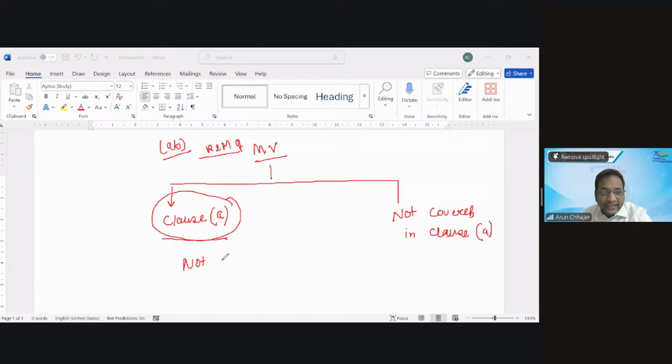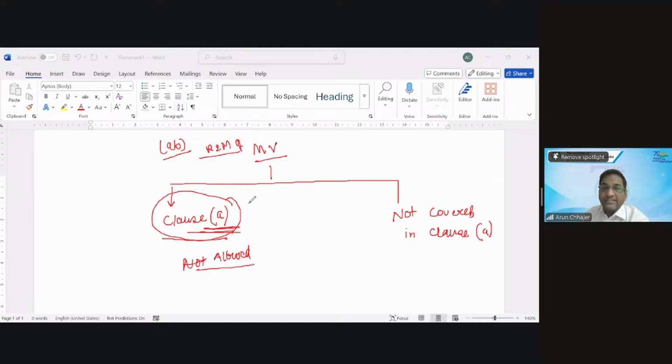So can we say the bus is covered in clause A and hence ITC is allowed? Would that statement be correct? Can I say that a 52-seater bus is covered in clause A, therefore ITC is not allowed? Can we say this sentence? Let me repeat the sentence: my bus is a motor vehicle which is covered in clause A and therefore ITC would be allowed. No, because if it is covered in clause A, then ITC is not allowed. Not allowed, ITC not allowed.